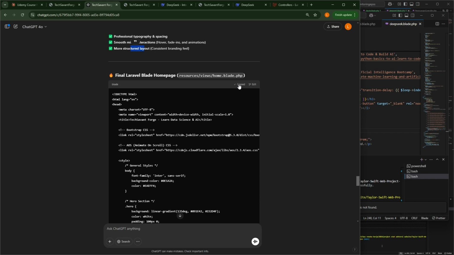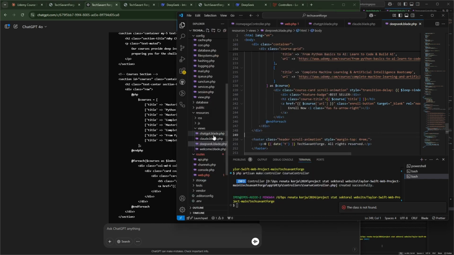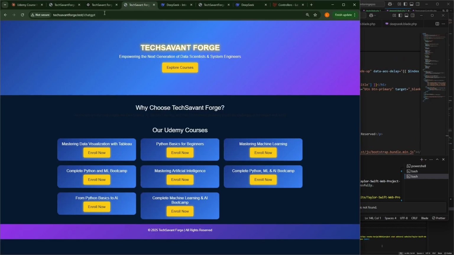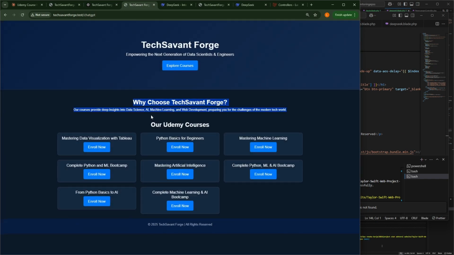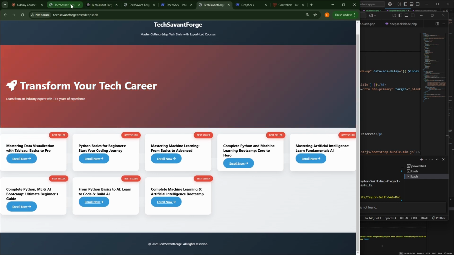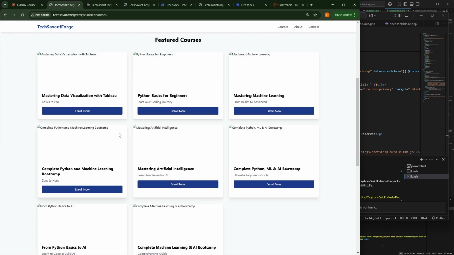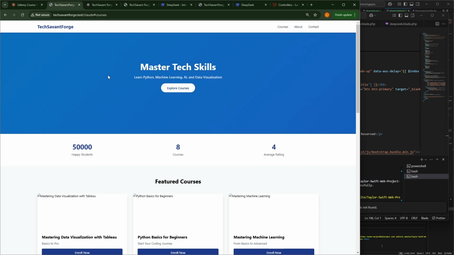Lastly, we want to check our home for so this. What do you guys think? This is the ChatGPT, this is the DeepSeek, and this is the Claude. So I think Claude wins because Claude is better